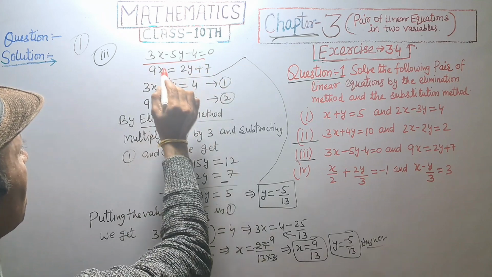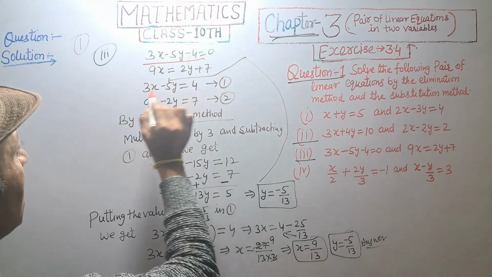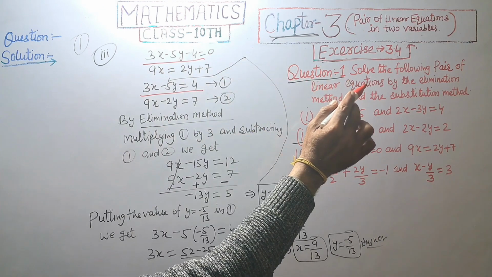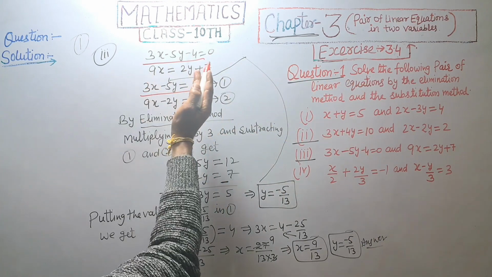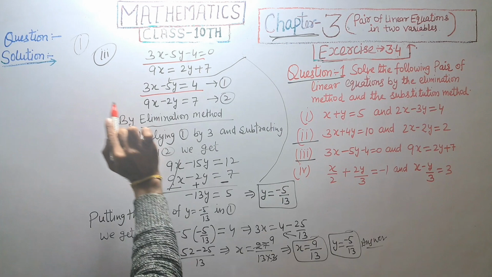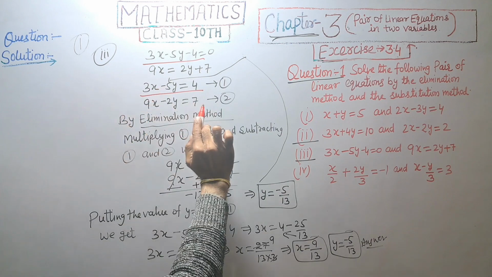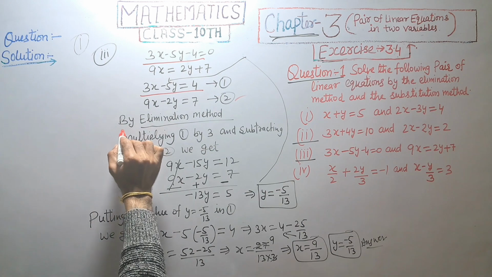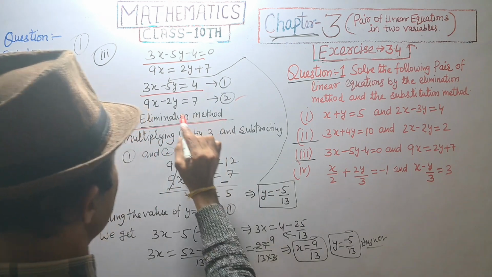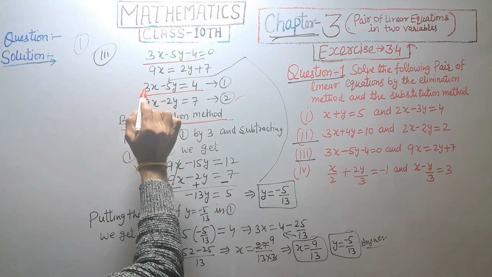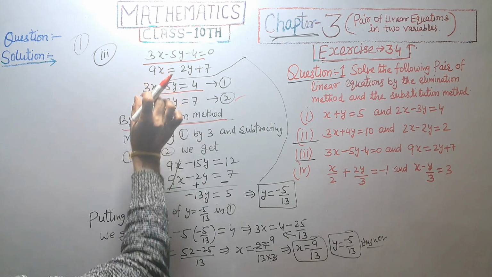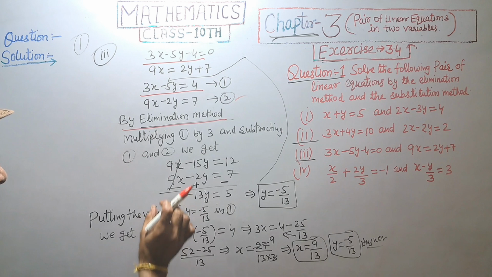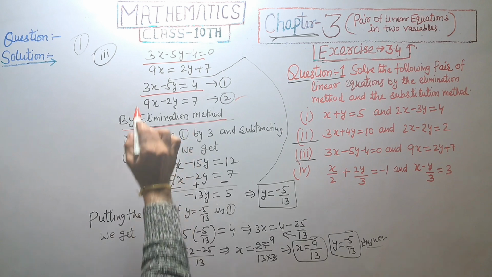Equation first, shifting 4 to the right side, that is equation 3x minus 5y is equal to 4, and second equation, 2y shifting to the left side, 9x minus 2y is equal to 7, its second equation. By elimination method, multiplying equation first by 3, that will be 9x, and in equation second, 9x already, so 9x cancel, and